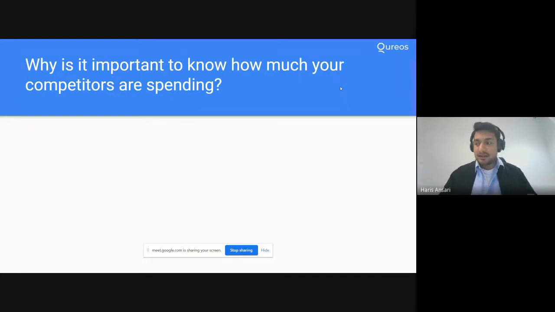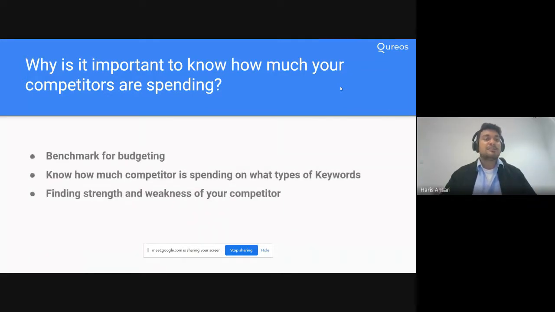This is exactly what we are doing to control our budget, to adjust our budget, and to know what the benchmark for budgeting is. When we are starting a campaign, we always have a question: how much should we spend, how much should we invest for a click, or how much in total for a monthly budget we should have. So this working will help you in setting a benchmark and setting your budget eventually.